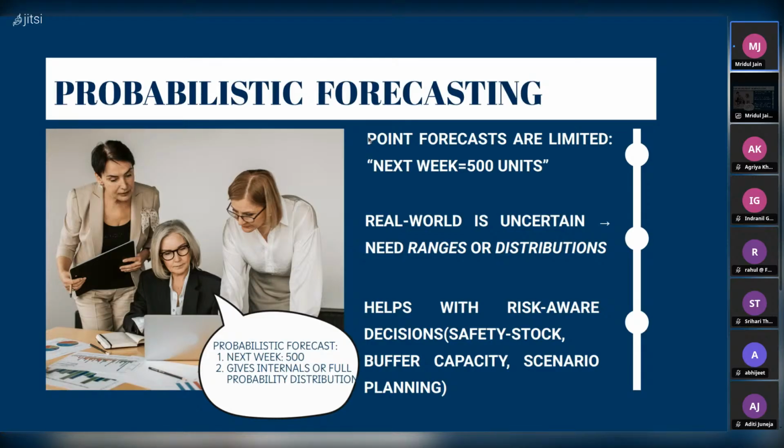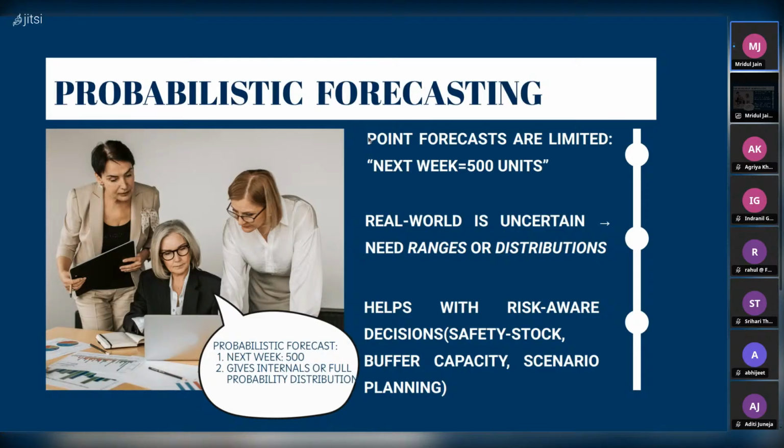They are limited in nature. For example, if a company says next week we'll be able to sell 500 units, I mean, you can't basically specify a number for the next week, because you never know, and that's very wrong, and that's very misleading in terms of